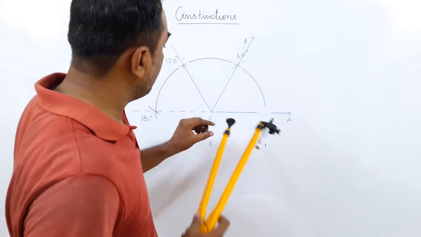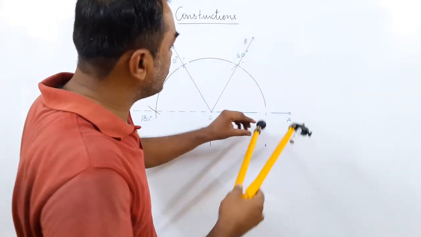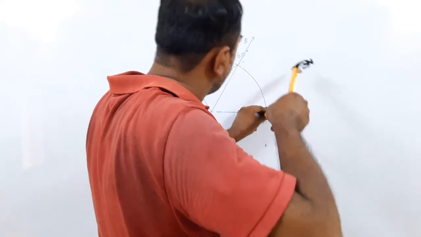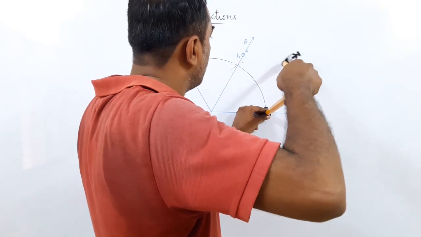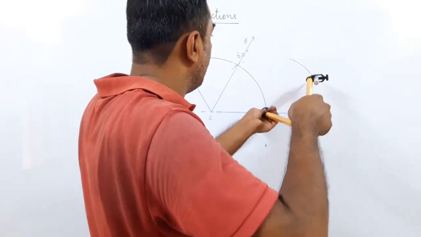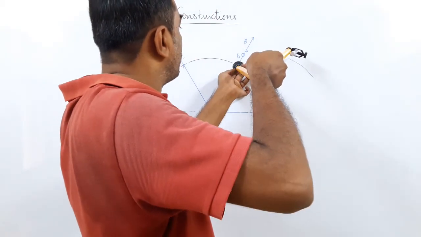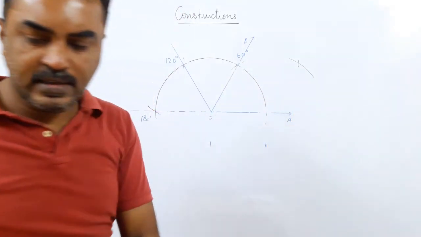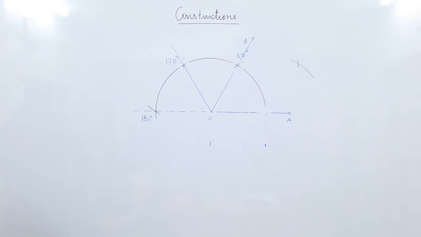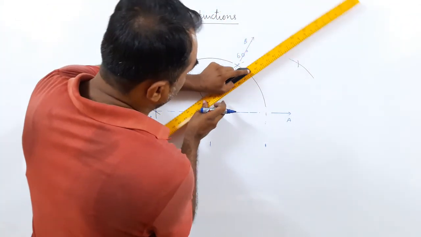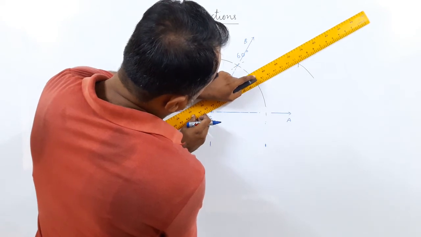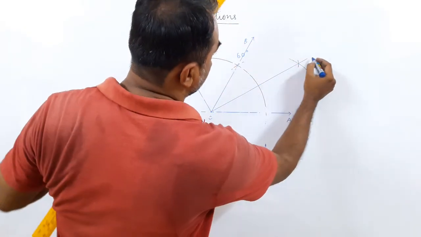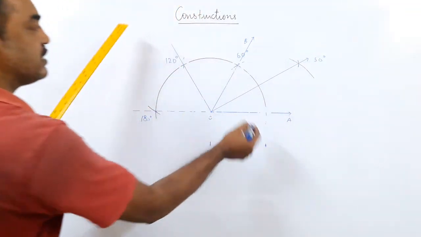So how do I bisect? From this point I already did an arc, so I got 2 points here. Now I bisect them both. From this point, I draw an arc, for any radius. Now without changing the radius, from the other point, I draw another arc. When I do this, I get a point exactly somewhere in the middle. That line has cut 60 degree into 2 parts, so this line should give me 30 degree.